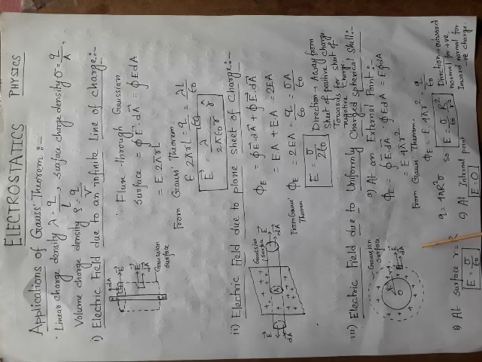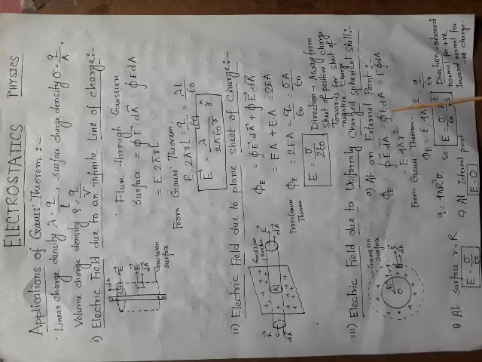So cos 0 degree is equal to 1. So the closed integral of E dot dA also can be written as E dA. Now the closed integral of dA for a sphere, we know, is equal to 4 pi r square from our mathematical knowledge. So from Gauss theorem we can conclude the total electric flux phi E is equal to E into 4 pi r square, that should be equal to Q by epsilon naught. Now the total charge Q is equal to the total area of the sphere, that is 4 pi R square, into sigma as per the definition of surface charge density.